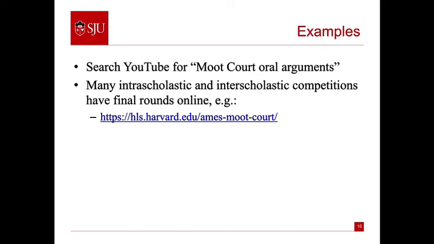As you prepare, think about what kinds of questions would I ask if I was on the judge and I wasn't sure how I was going to rule. That can give you an idea of what questions you might be asked, and then think about how you would respond to them. Overall, have fun with it. Moot court can be intimidating, but oral argument can be a lot of fun as well. If you really look at it as a conversation with the bench, that you're there to help the judges make an informed decision, it becomes a very enjoyable and worthwhile process.